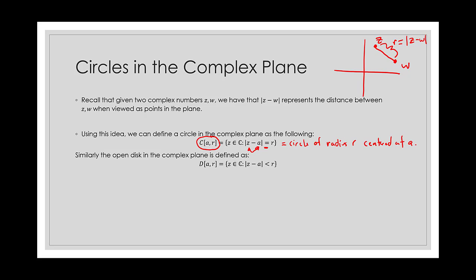Okay, so just to show you a picture, why this is giving us a circle, let's say this is the point A. So if we're trying to find all the points that are distance R away from A, well, let's go out R units in every possible direction. Okay, and notice what shape is this giving us?